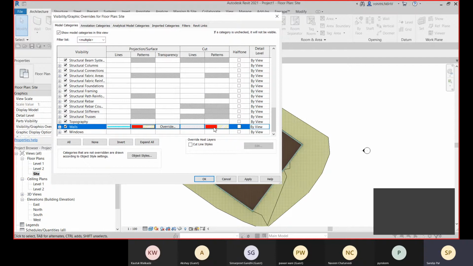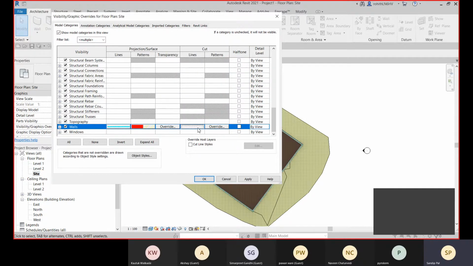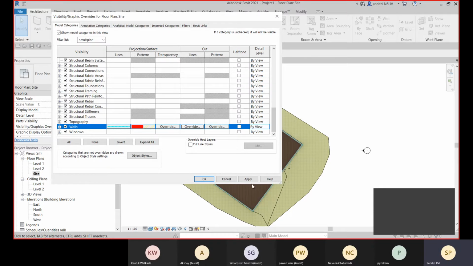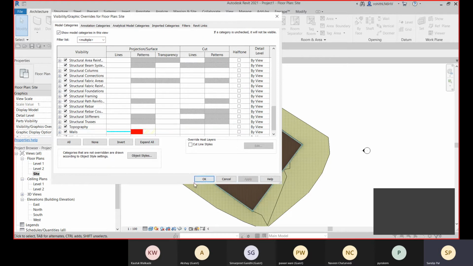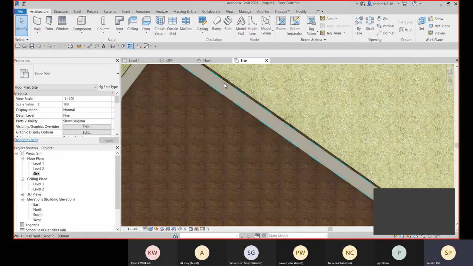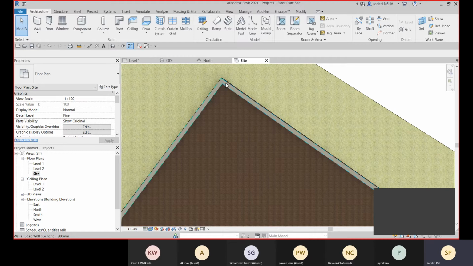All right. For this, I think let me click override. Click on clear override. Okay. Apply. Here you can see that I can see this, right?